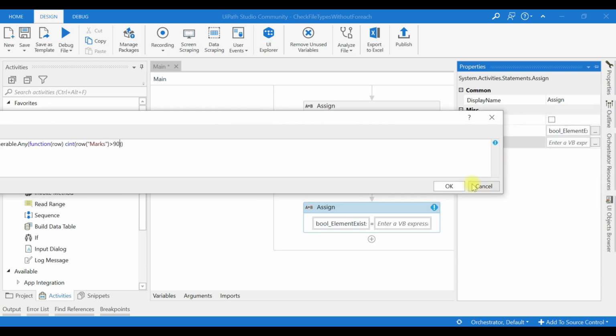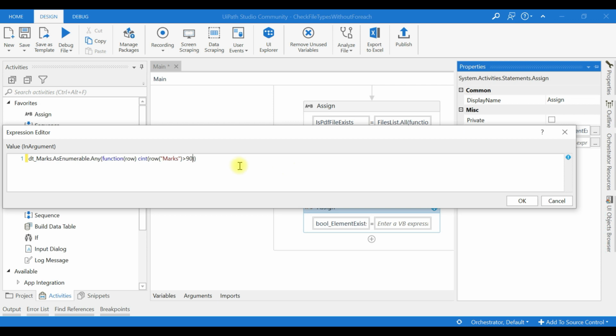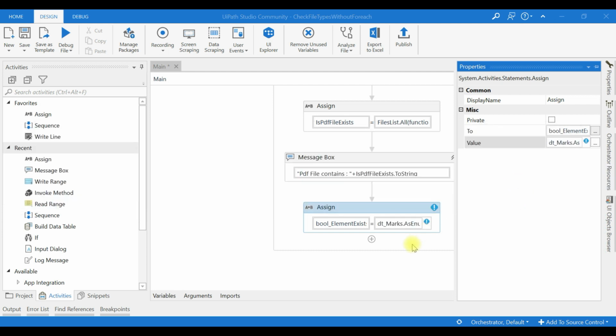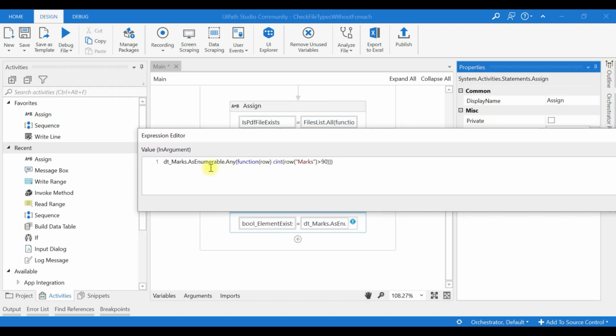Okay, end of expression expected. Just let me recheck. Dot Any function of row, convert.